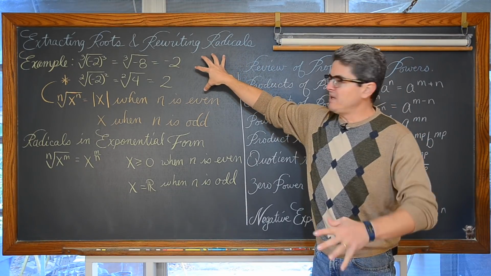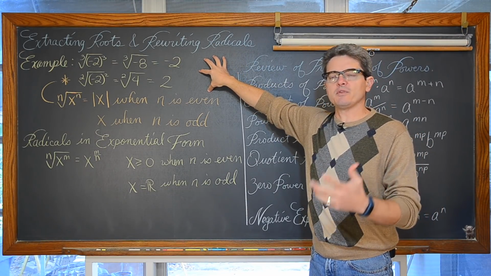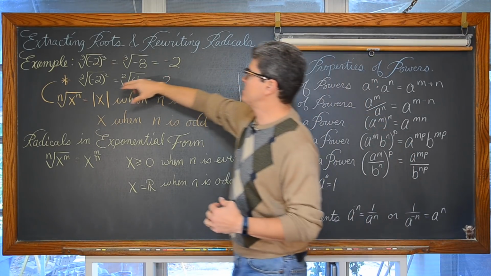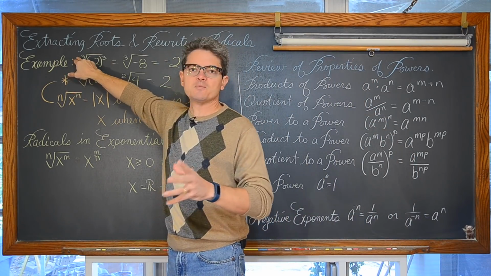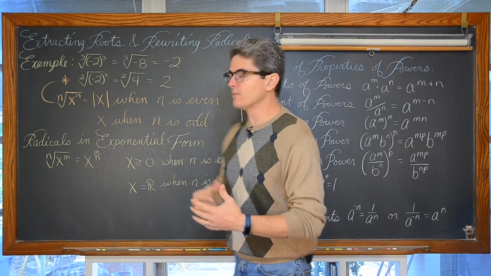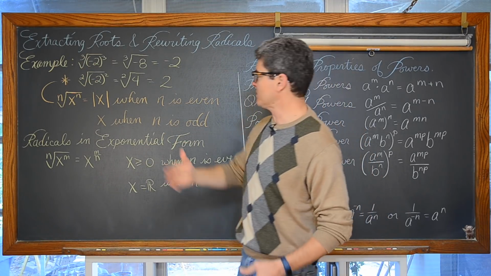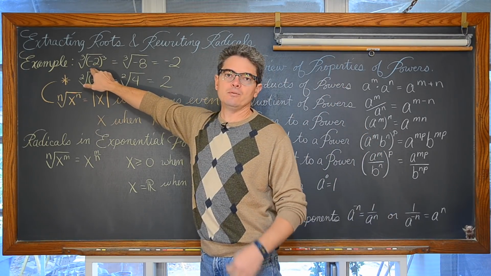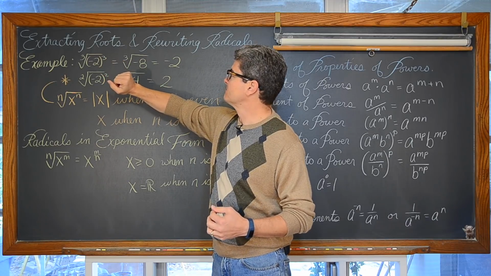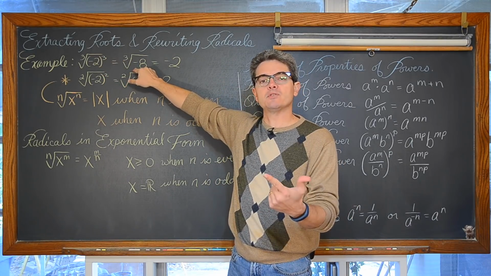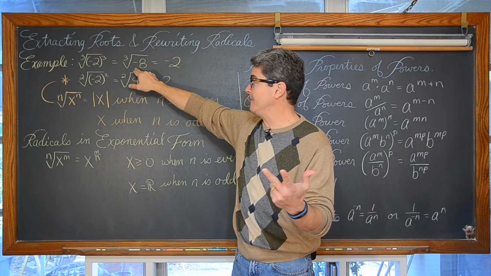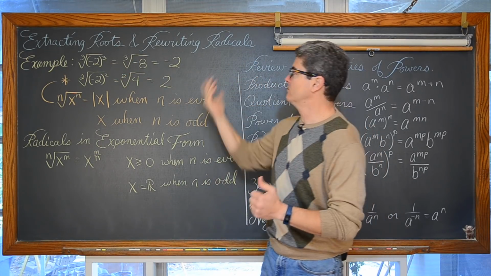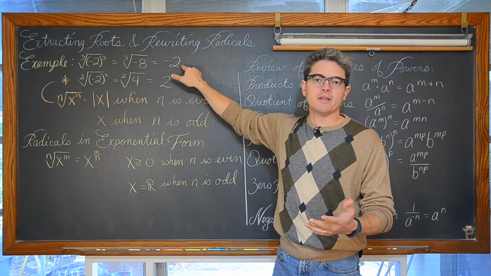So the big sticking point with simplifying radicals is to realize that when you take an even root, there's a difference between that and taking an odd root. So we have here a quick example to justify what we have written in orange. If you take -2 and you cube it, you get -8. -2 times -2 is +4, times -2 is -8. Now, when you take the cube root of -8, you get the answer of -2. We started with -2, and we end with -2.